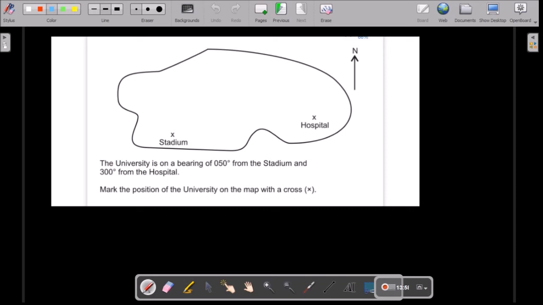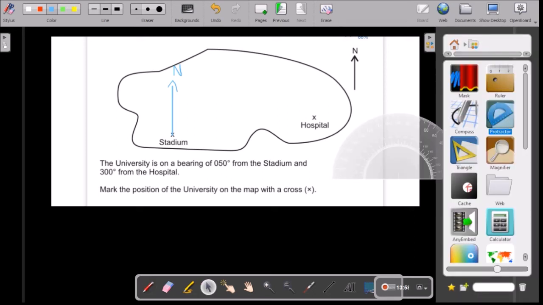Mark the position of the university on the map with a cross X. So the first thing I'm going to do is draw a north line from the stadium. It shows me over here on the top right hand corner where north is, so I need to draw a north line from the stadium parallel to that north line,